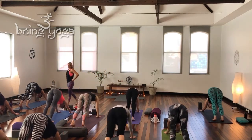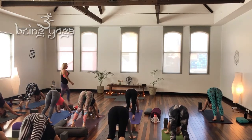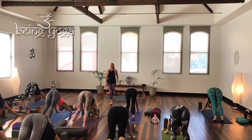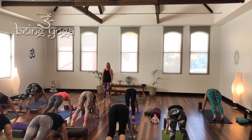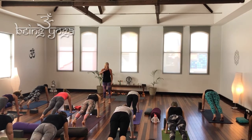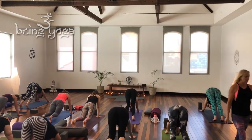Take a nice, long, generous dog so that you're ready for plank pose. So look into the belly here, and then with your exhalation, start to ripple the spine forward for plank position. And as part of that, the belly is lifted, the tail is scooped, and the collarbones are broad. And then bend the knees and exhale, move back. Sorry, we're going to inhale back and we'll exhale forward. So we get that